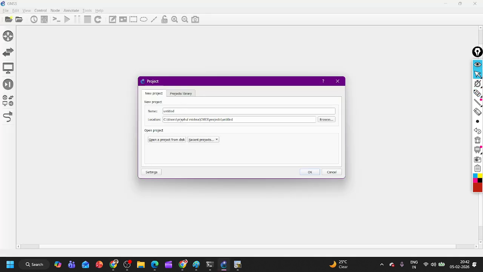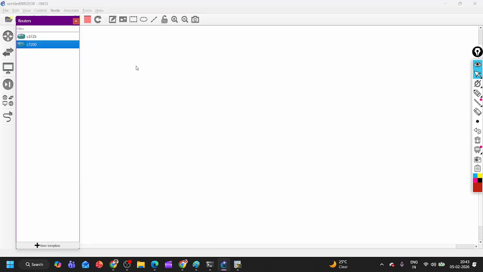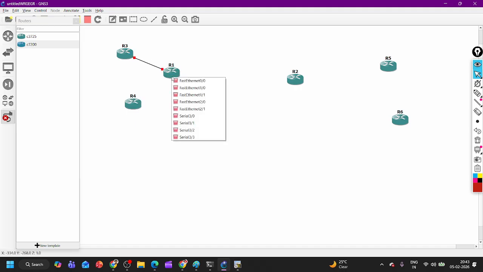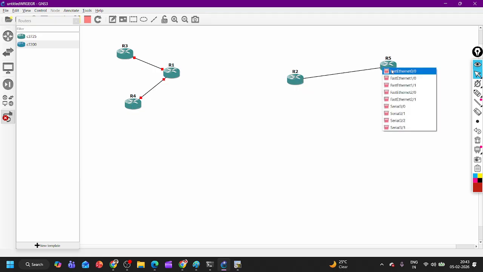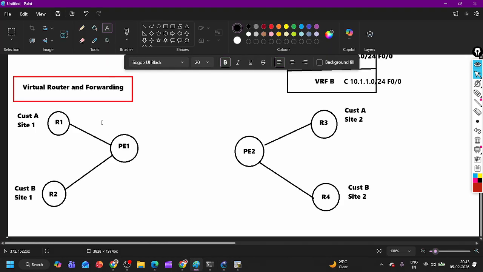Here in GNS3, if you want, I can show you the easiest way first. After that, I will configure the EVNG lab. For now, let's suppose this is my scenario. To the customer, and instead of having a router here, you can also have a switch, like a service provider can use an MLS switch also, because